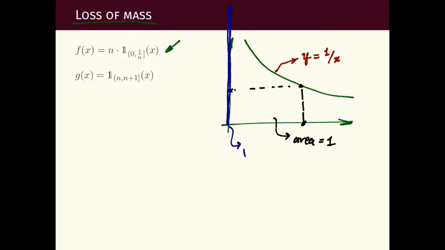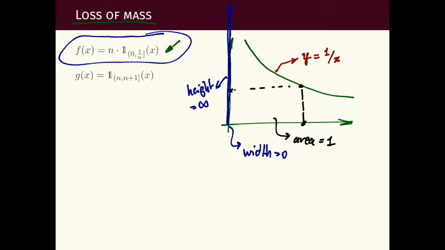So the width is 0, the height is infinite, and we can't assign any area to this rectangle besides area 0. It has area 0. So this is what this sequence of functions represents. We are taking width 1 over n,